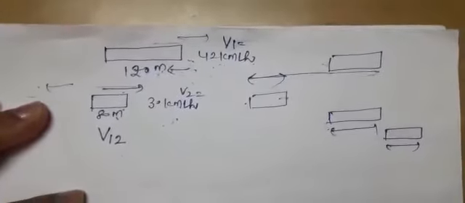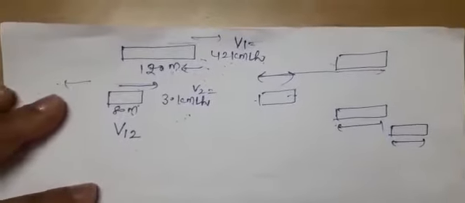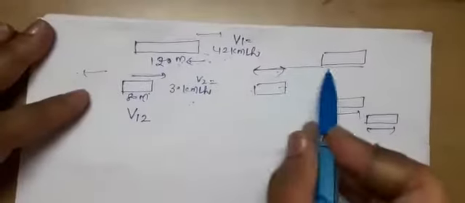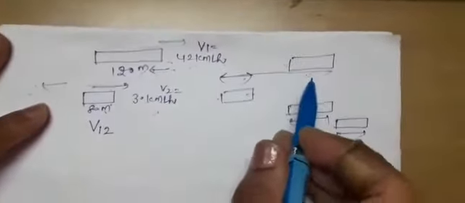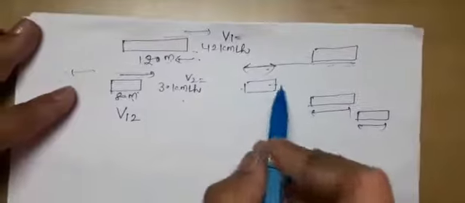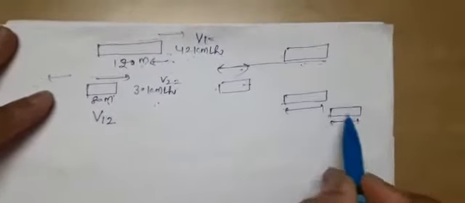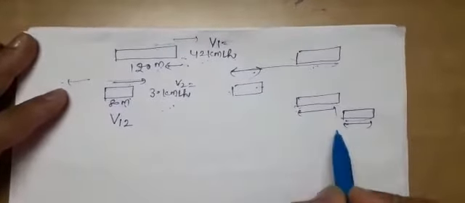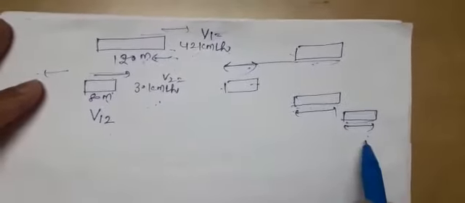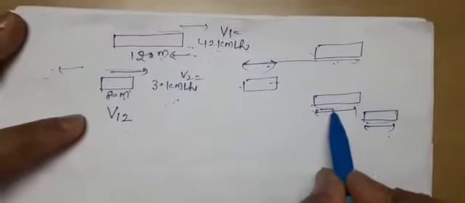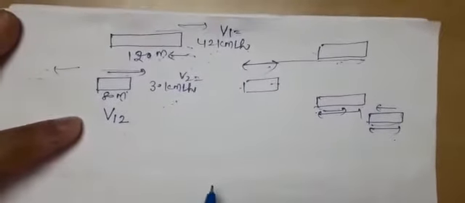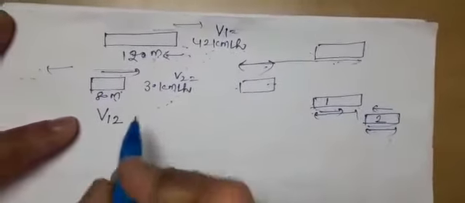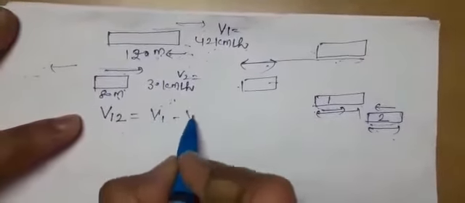Initially we don't know the initial distance between the two trains, how far they are apart. We have nothing to do with that. We have to see that if this is first train and this is second train, at the crossing point they have to completely cross each length. That means they are moving in opposite direction. So we have to calculate velocity of first train with respect to second. So these are moving in opposite direction.